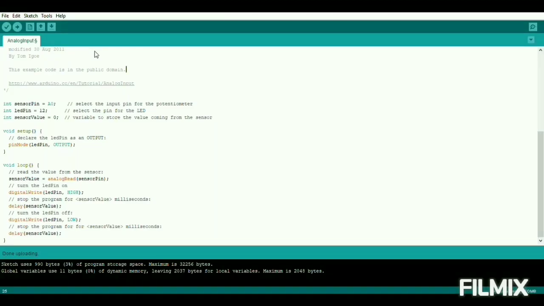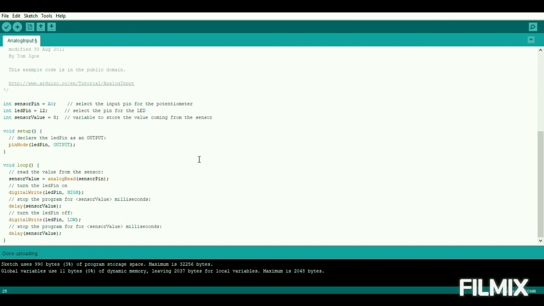Now that I've shown you guys how to do this, let me show you how to control the blinking speed of an LED using the potentiometer which we just used. You can use any kind of LED, which I already showed you. So now this command will be in the description below so that you can download it.